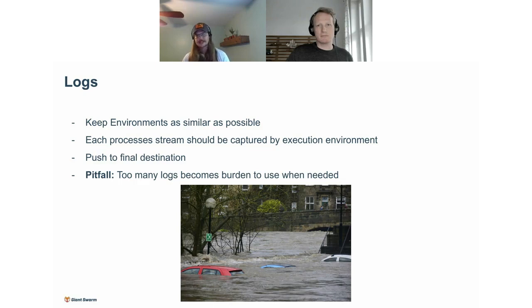And then just coming to our last two, logs being obviously a big one, but from the microservices side of things, I'll just leave it at this. Use a scraper, use something like FluentD to collect those logs and push them to something like an S3 bucket or some kind of backend storage. The pitfall, however, that we see within Giant Swarm quite a few times is people want everything logged, right? Which is great in theory. It's a different thing when you go to pay your storage bill and you see how many logs that's actually sending.